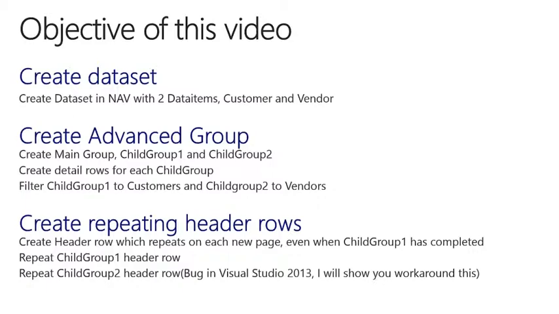Placing everything in one tablix control gives us the possibility to repeat the header rows in the tablix control on each new page. Something not possible when designing reports with multiple tablixes, since the header rows are local to each tablix and will only print as long as the tablix data is printing on the page. So by creating one tablix control in our report, we will be able to place many of the elements we usually have in the page header in the body of the report. Also, we'll make the header rows for each group repeat on new page, and here we'll run into a bug in Visual Studio 2013, and I will show you how to work around this.